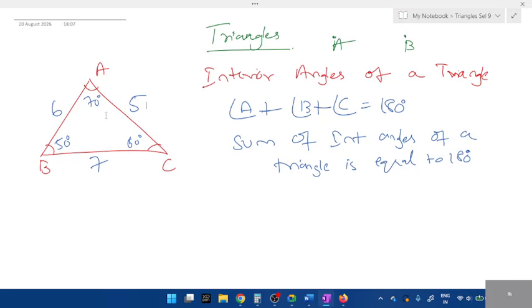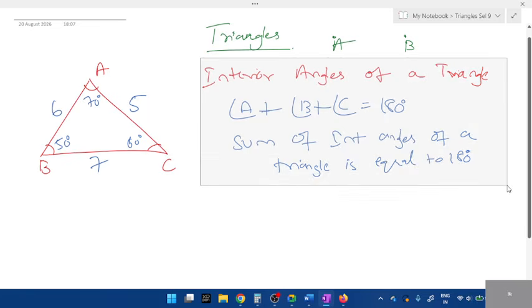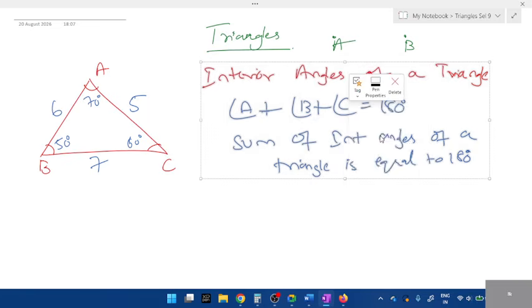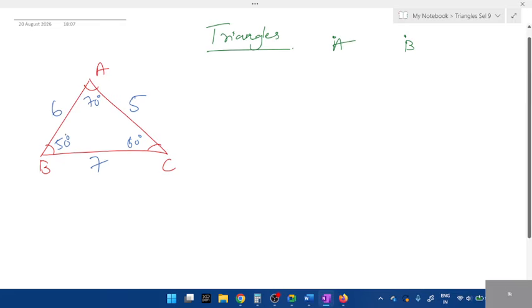All of you done? Completed? Interior angles of a triangle should be equal to 180, students. That is how we write angles. And how do you calculate angles? Using a protractor. Okay. Now, if you observe the angles, are the angles the same or different? Tell me, all the angles are different, right?